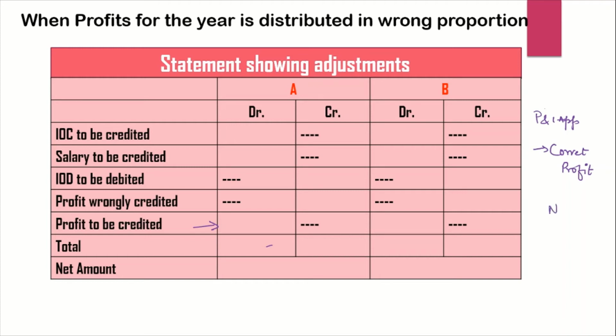Like, as you know, what we do is net profit plus interest on drawings minus interest on capital minus salary. So this all gives me the divisible profit. So this way also I can calculate my divisible profit, because the ultimate thing is that I need the profit which is to be credited. Okay, moving to the questions now.